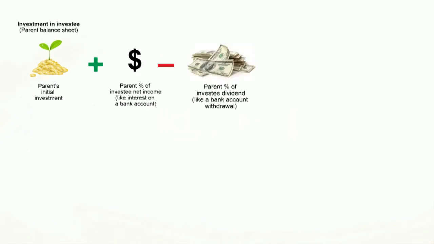We start. We make an investment. Whatever that dollar amount is, that's our starting point, right? We debit the investment and we credit the cash we paid. Now we increase our balance sheet account by our share of their net income. Now, by the way, if it was a loss, we would reduce our share of the account by the loss. Then if they pay out a dividend, we will not treat it as dividend income. We'll treat it like a bank withdrawal.